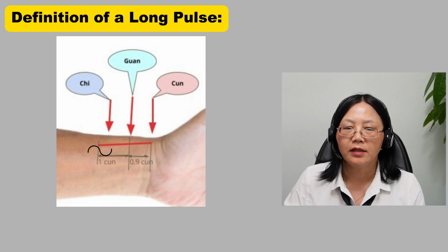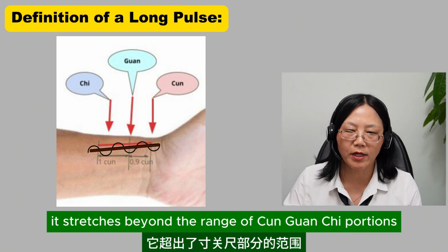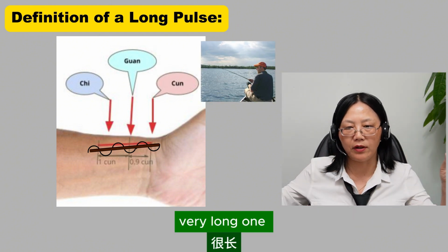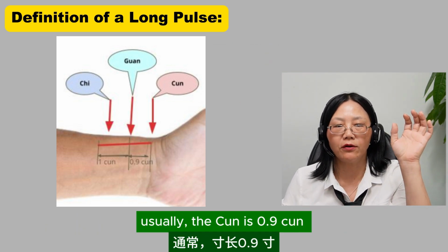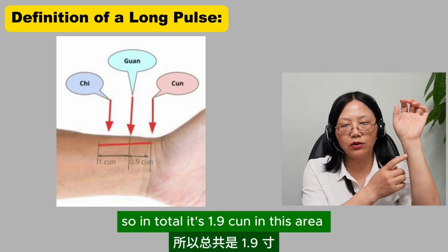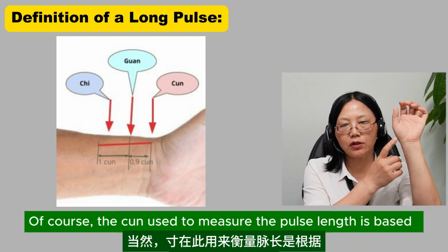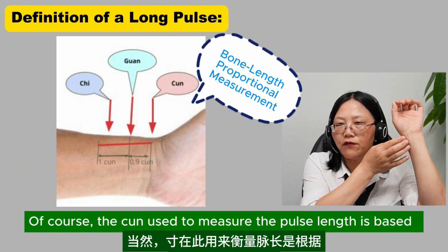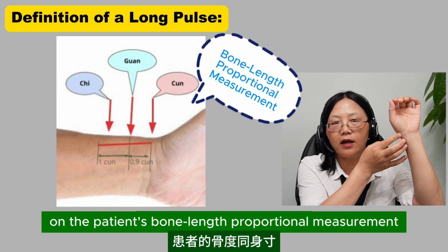Long pulse. The long pulse stretches beyond the range of the Chun Guan Chi portions, feeling like a long pole, a very long one. Usually, the Chun is 0.9 cun, and the Chi is about 1 cun. So in total, it is 1.9 cun in this area. Of course, the cun used to measure the pulse length is based on the patient's bone length proportional measurement,